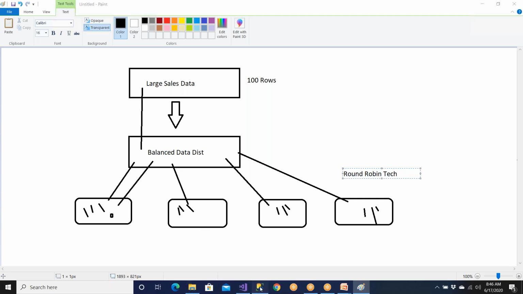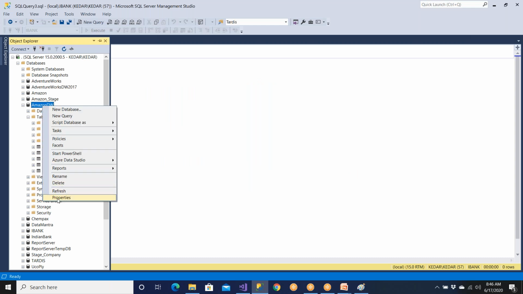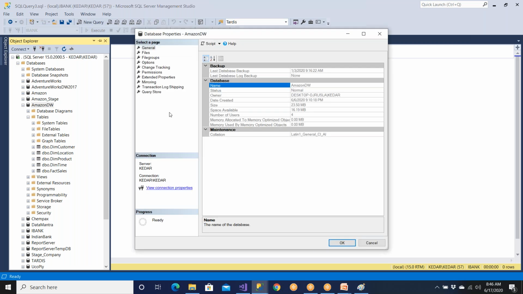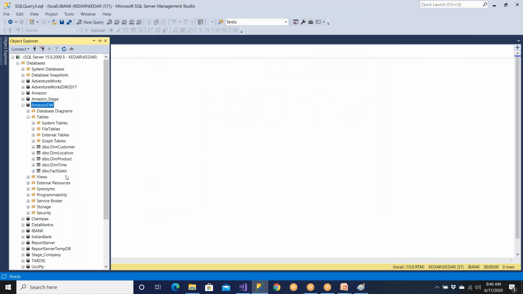SQL Server is also, when you create a lot of files here, so you have C drive, D drive, E drive. When you store a large amount of data in any one of these tables, all the data is not going to go to one drive, it is also going to use round robin technique. So some of the data will go to file number 1, second row will go to file number 2, file number 3, file number 4. Like that the data is going to happen. So round robin technique is going to be happening in these databases also if you have